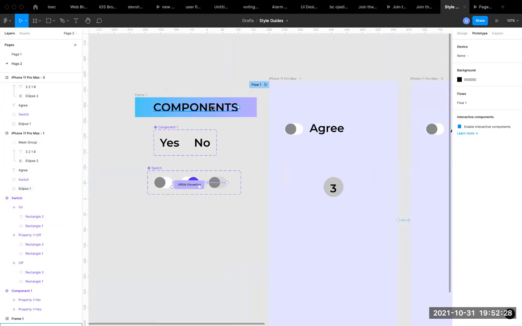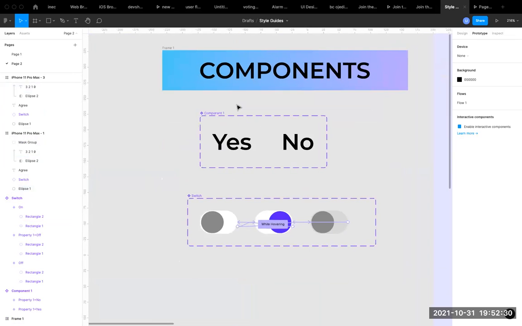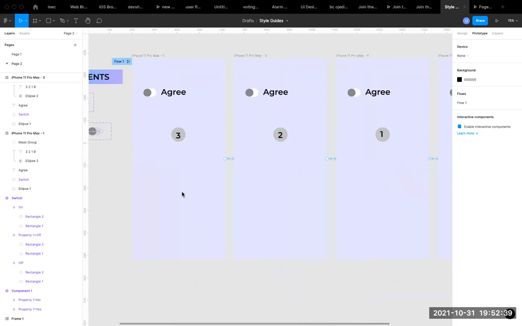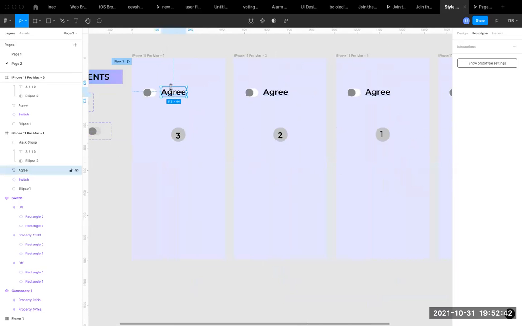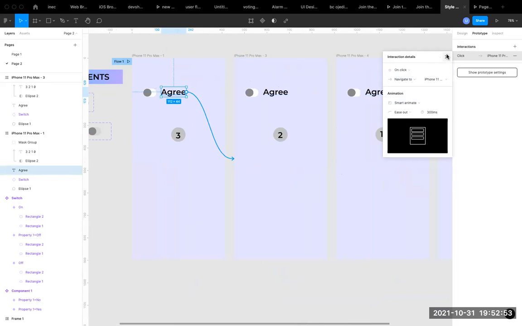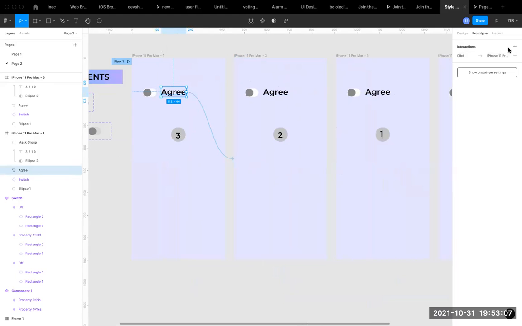So we did some components and a little bit of prototyping. So you should know how to switch from one component page to another now. So when you have sign up, let's say you have this page now. Let's say you sign up and you want it that when you click on sign up, it will bring you to this page. You just do like this. You get a link to the next page. So you define your link here. You come here, click, navigate, and all that. So that's how you add your prototype. You add an action to the button. Very good. You add an action, you add an interaction to it, and the